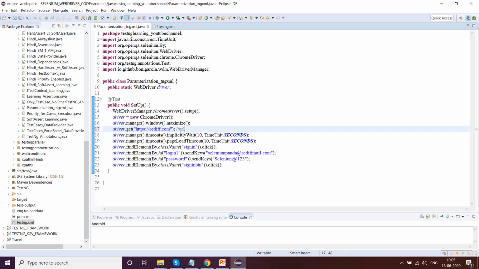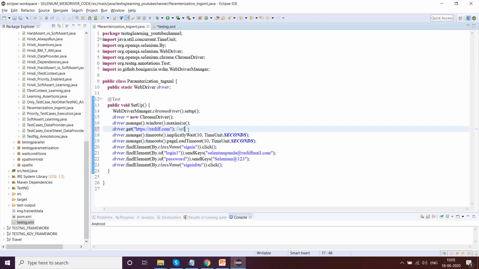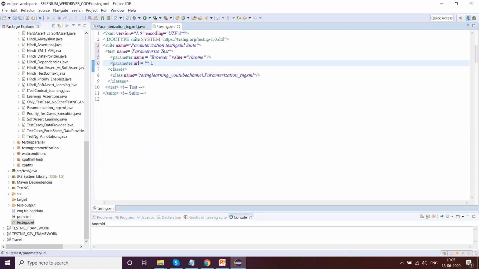You can parameterize this also, so you can give it a name, like here again open a tag, parameter, you can give it as URL equal to, so you have to enter the exact URL here, which is this. Let's go ahead and completely copy this, and so this is the URL which you have.